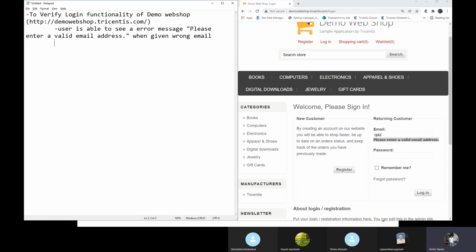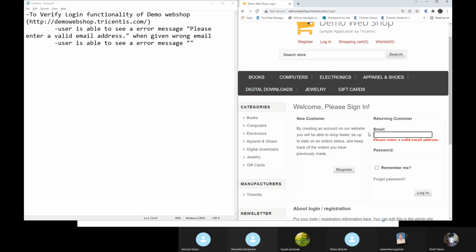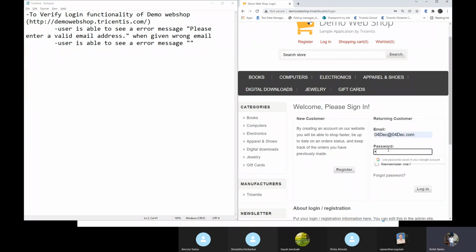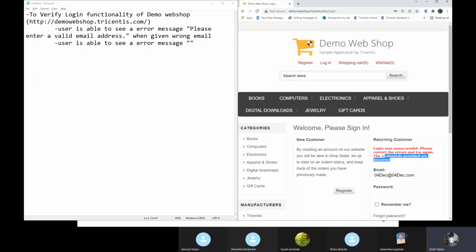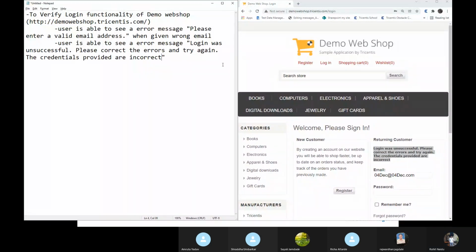And again in the next set I will write: user is able to see an error message if I entered wrong details, like a wrong password, and if I click on login, this is the error message that the user should be seeing when incorrect credentials are entered.